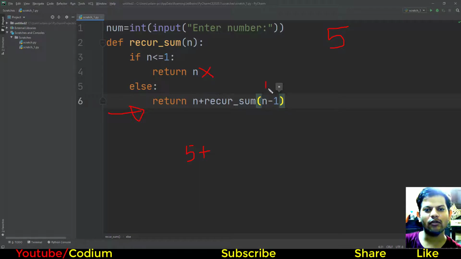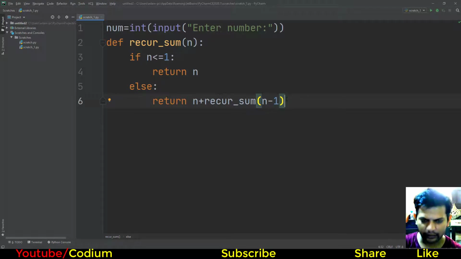It means function value is 4, and when function value is 4, it returns again this. It means 4 plus function value 3. It returns n value 3 plus function value 2. It returns 2 plus function value 1. It returns 1. And the sum of the series is shown by the print command. So this is the method by which this program works.